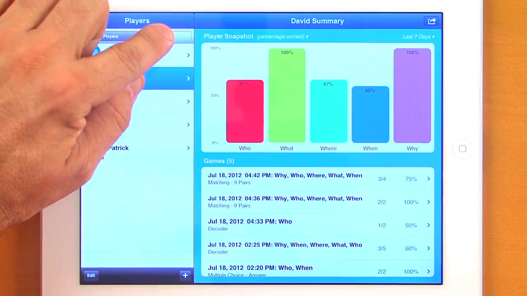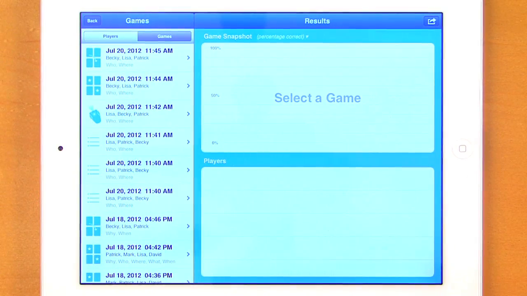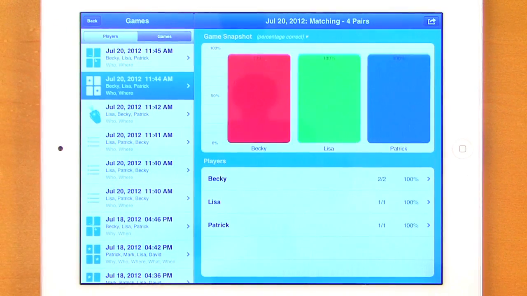You can also analyze the data by games. You select the Games button, and now you're able to look at the information on how well the students did with the matching game, the Ask or Answer question game, the Super Duper Secret Decoder game, and even the Drag and Match game. To do this, simply select a game, and the information will appear for each of the students in the group that played that game. Again, it will be separated by the color-coded graphs and the percentages correct,